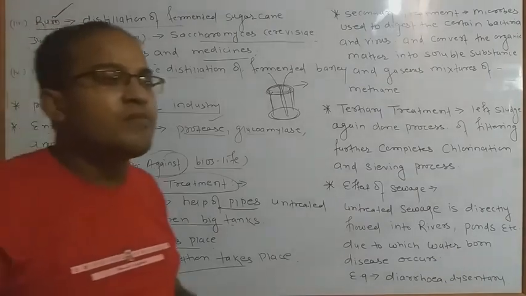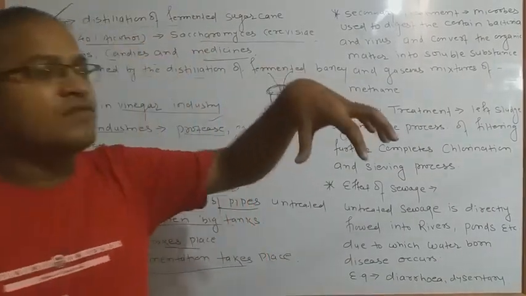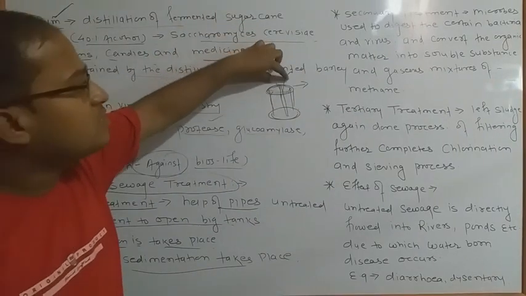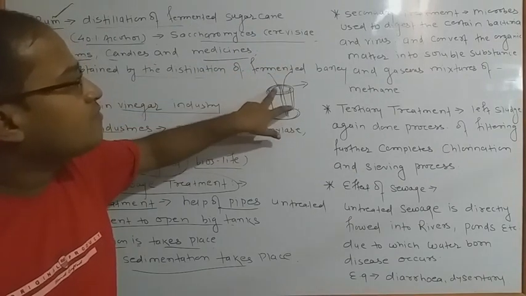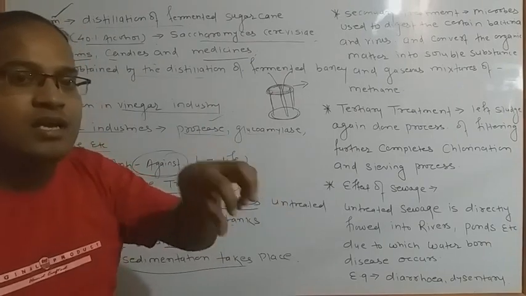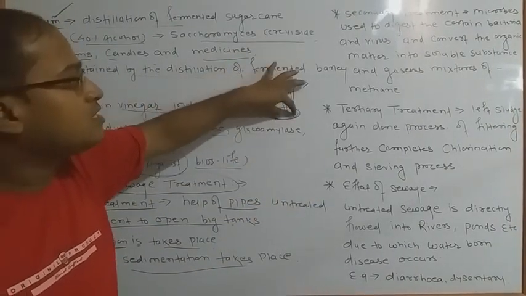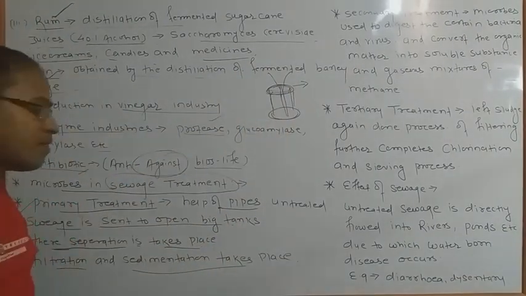In primary treatment, what we have done generally, the first is we have to put the sewage into a hollow pipe. In this process the sewage is generally transferred from one place to the big tanks by the filter process, and the very hard and solid material is filtered on the upper side of that filter, and the rest is settled in the bottom of the open tank. Okay, that is the process done in primary treatment.